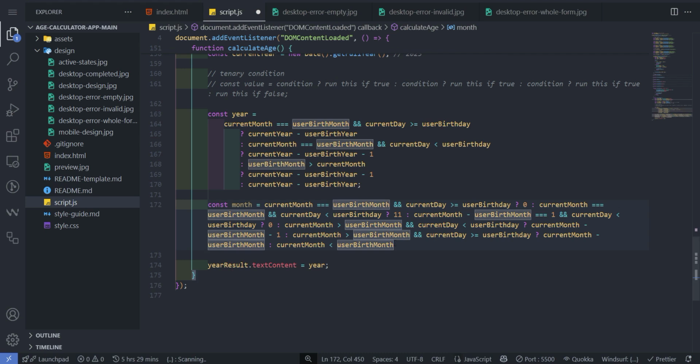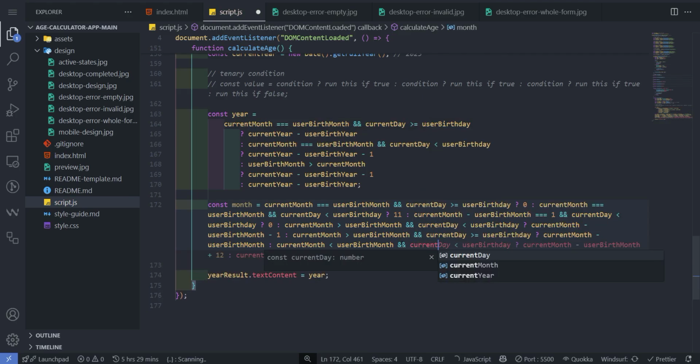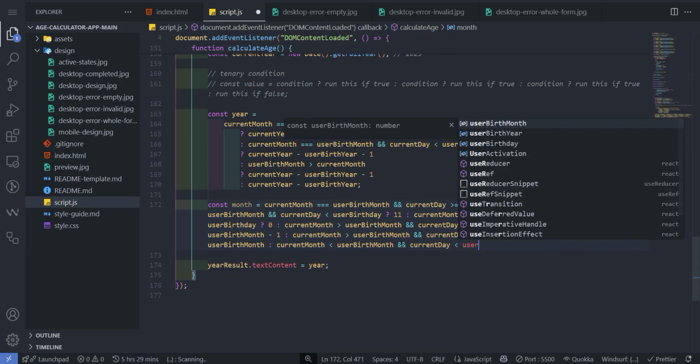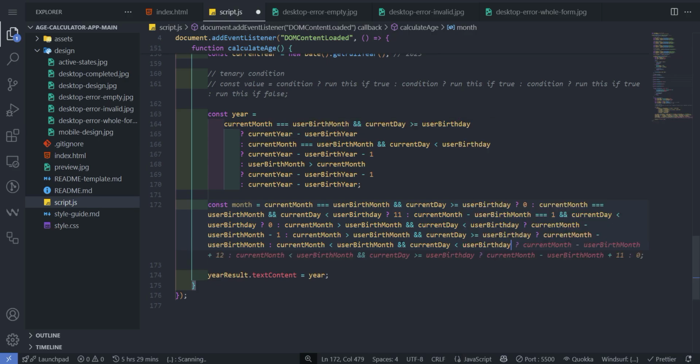So if the current month is less than the user birth month and the current day is also less than the user birthday,